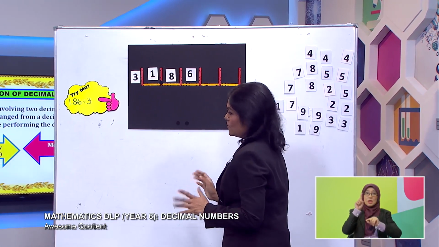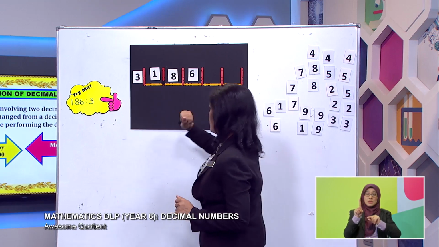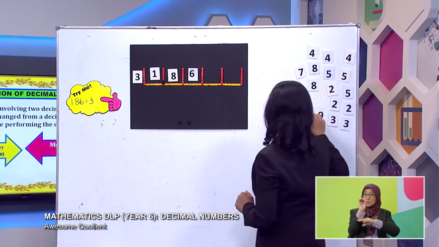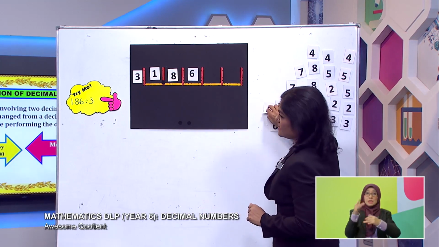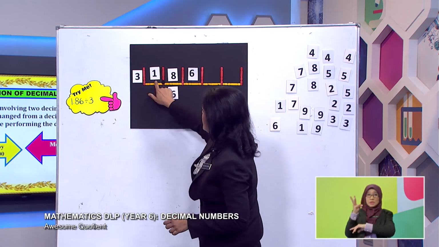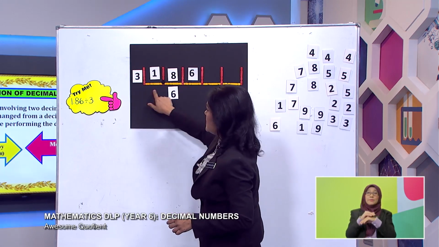I don't think so. We leave it empty. We put 0. Okay, now we take it as 2. What's the value now? That's 18. What times 3 is 18? 6 times 3 is 18. Yes, so we put the 6 below the 8 here, because 18 ends here. Okay, here we already have 0.